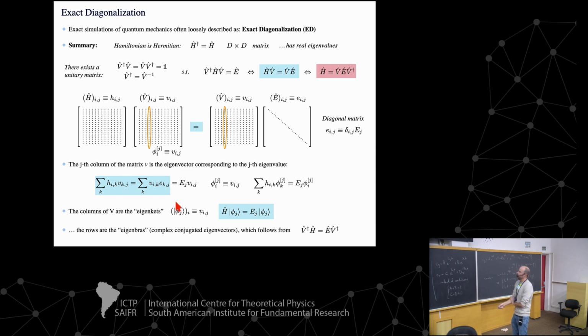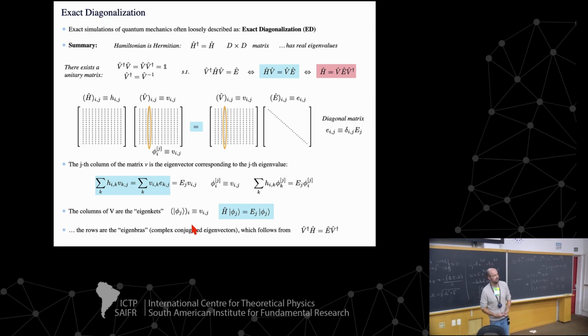Okay, and the same is true on the other hand. If I would take the rows of this matrix V, then they would kind of be the eigenbras of this equation from the other side, which I would just see from this equation if I dagger this equation one time. Okay, so the goal of a diagonalization is really to find this matrix V,